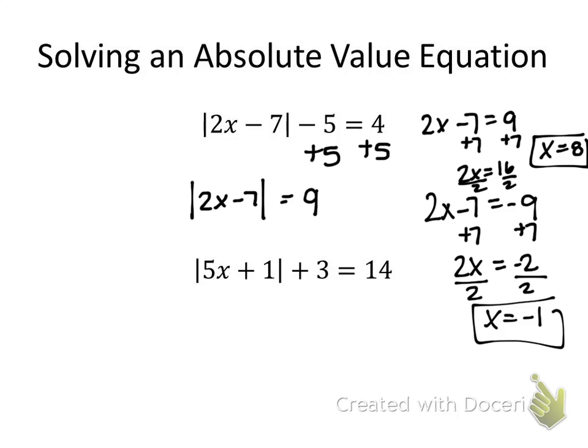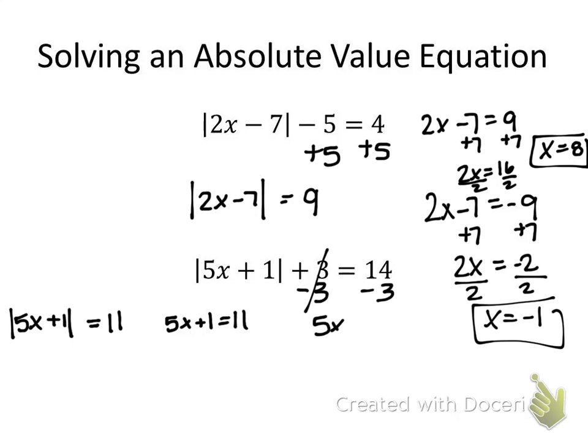So look right here. Are the absolute value bars the only thing on that side of the equation by themselves? No, there's a positive 3 there. So I have to move that first. So I subtract 3 on both sides, and I get the absolute value of 5x plus 1 is equal to 11. I can drop the bars and write it twice. So I'm going to write 5x plus 1 is equal to 11, and 5x plus 1 is equal to negative 11. Subtract 1 on both sides,